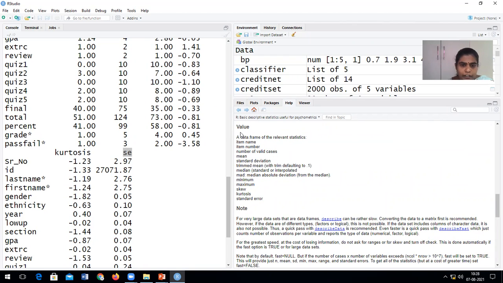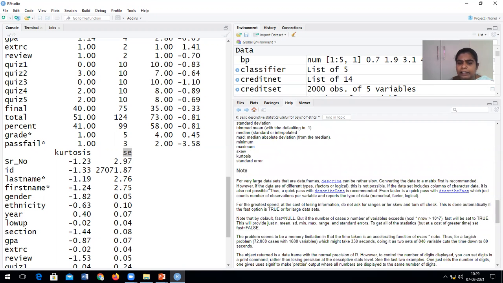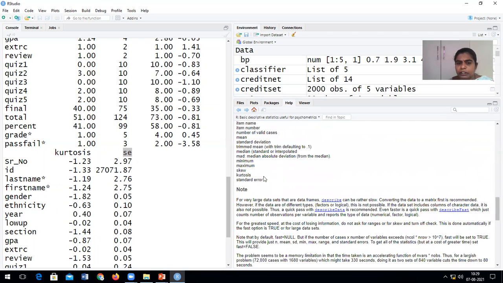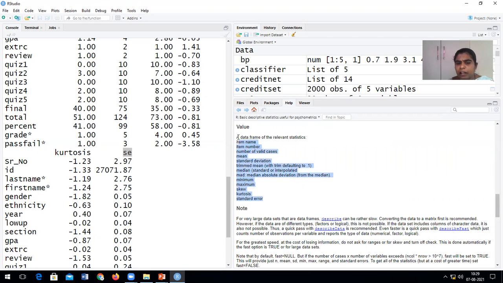You can see a data frame of the relevant statistics: item name, item number, number of valid cases, mean, standard deviation, trimmed mean, median, median absolute deviation, minimum, maximum, skew, kurtosis and standard error. These are the data we get as the output of this particular function.